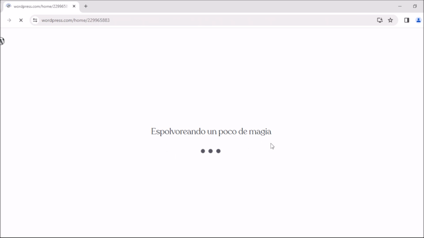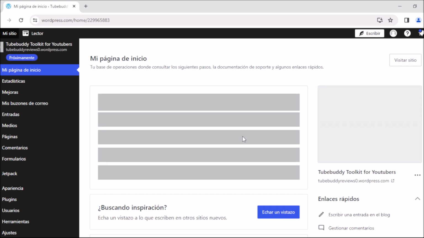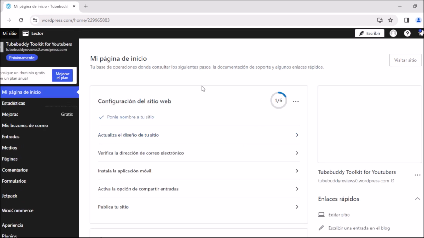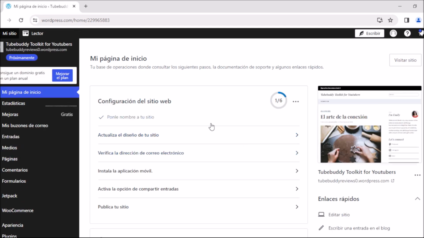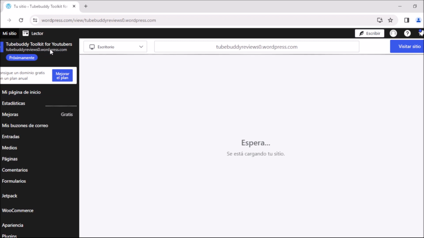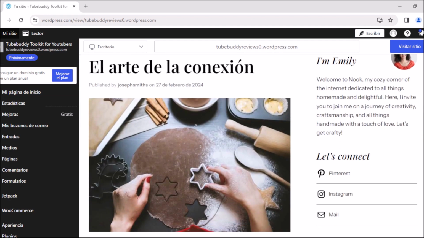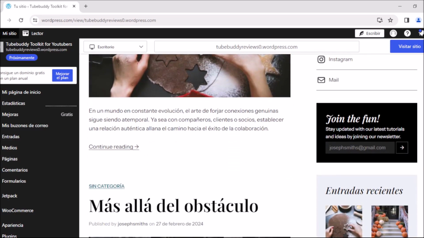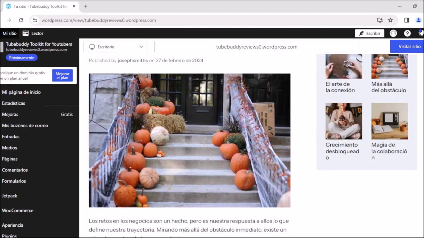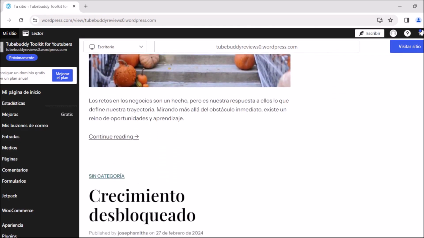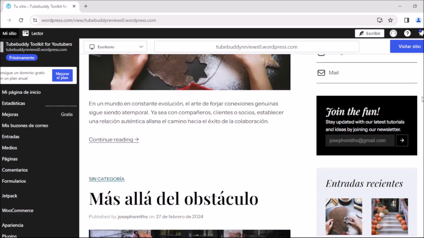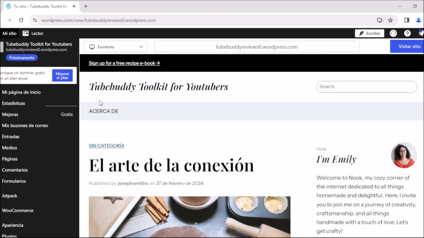They are preparing the magic, and as you can see right here, I am on my platform, for example, TubeBuddy Toolkit for YouTubers. Click here in this part, and you can see that my website is almost ready. But this is not my website. I am going to create my own website. How can I do it? For example,